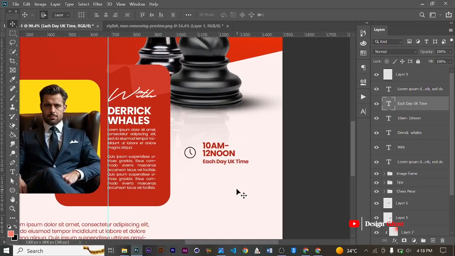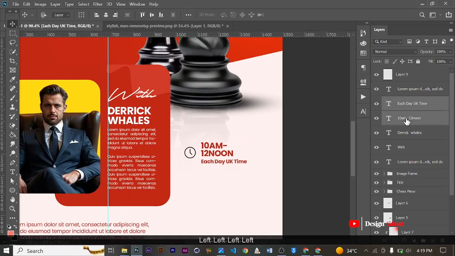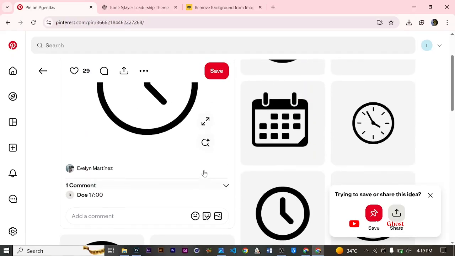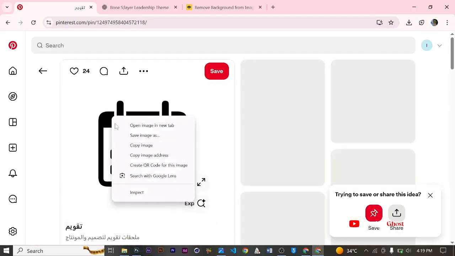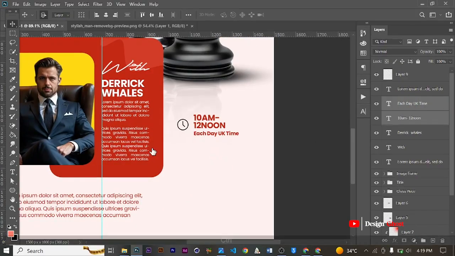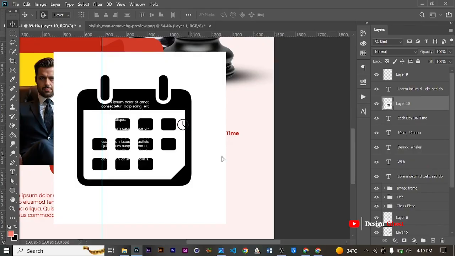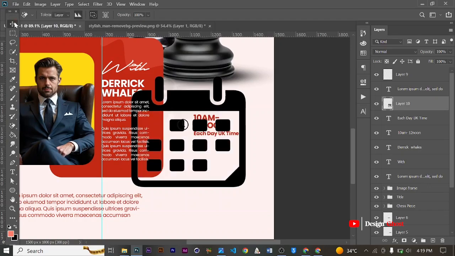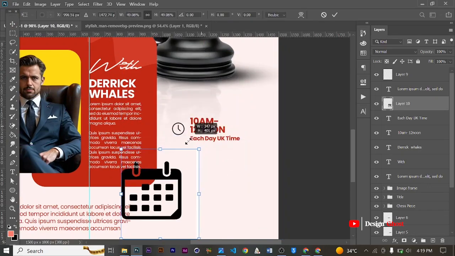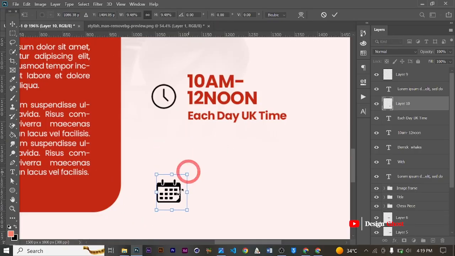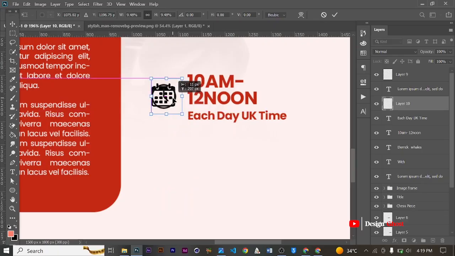Now go back to it and I'm going to look for Pinterest and I'm going to look for date icon. So I'll use this, copy, then I'll paste. Again, I'll use the magic eraser too because it will be easy to separate it using that. So I'll scale it down, bring it down again. See, it's not too big. Okay, then I'll bring it down. All right,